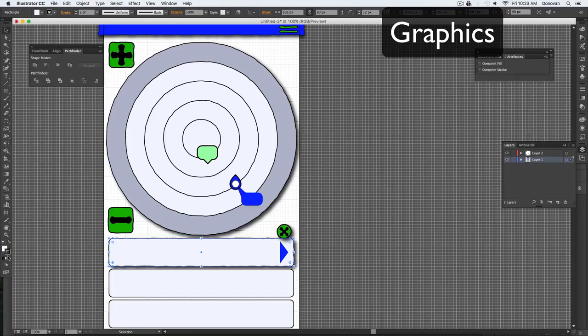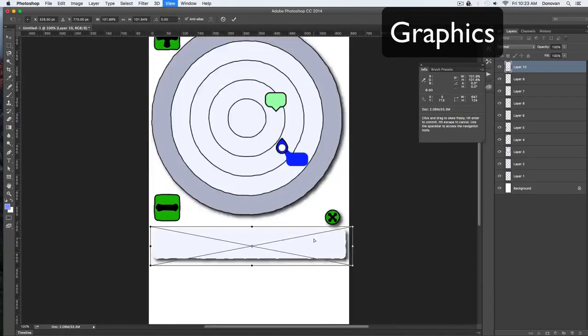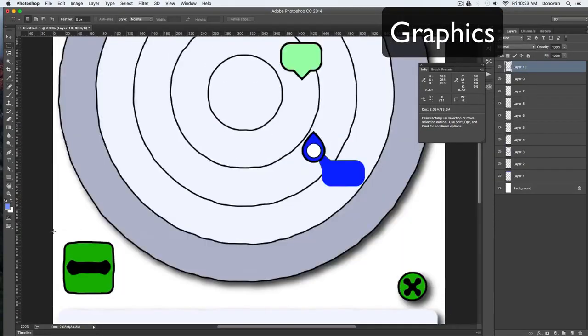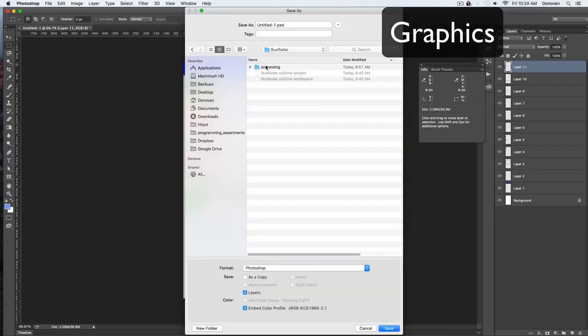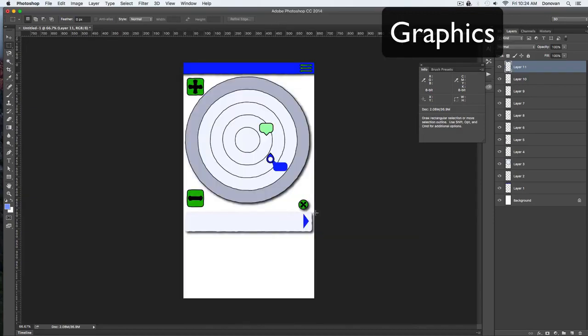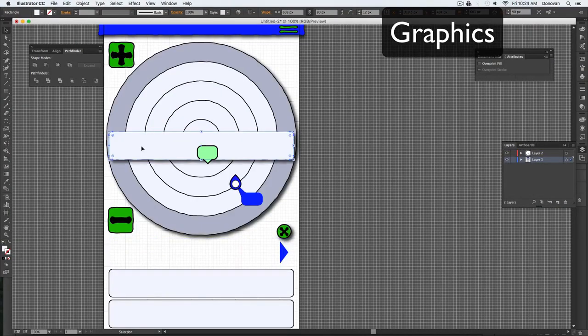And PNGs have the advantage of being transparent in the background. If I'd used JPEGs, it wouldn't be very efficient. Some of these drop shadows might do better as a JPEG, but for the most part these will be very small as PNGs,